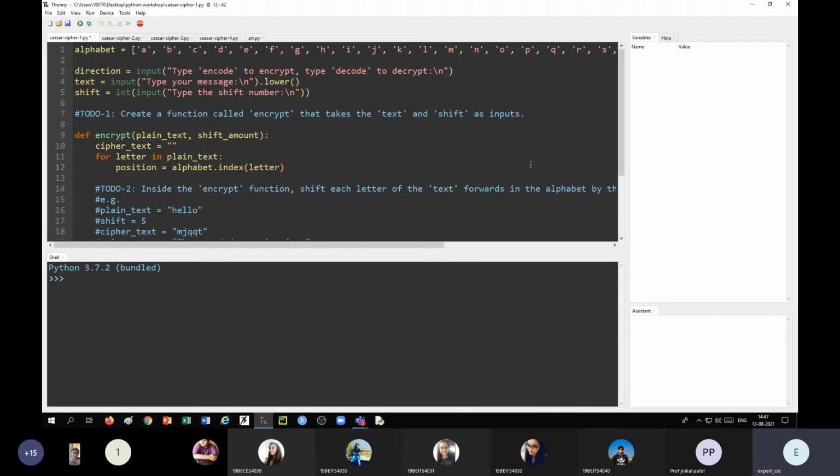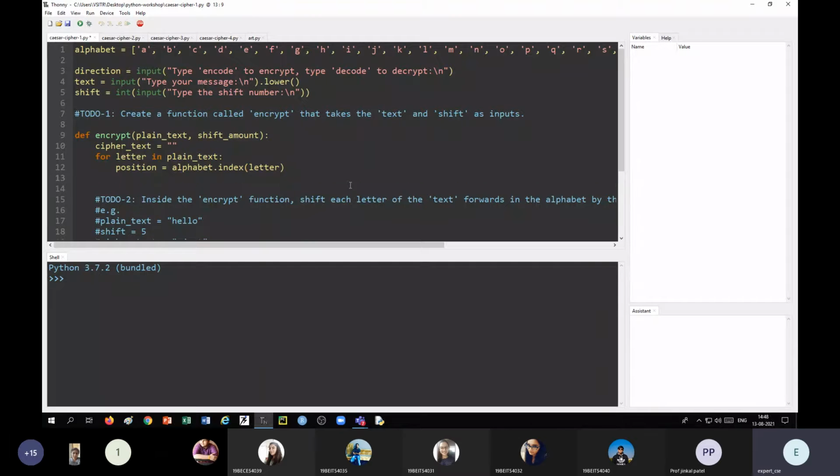We will discuss that later. At this stage, only the first occurrence index will be supplied by this command, alphabet.index(letter). For example, if we write E here, then 0, 1, 2, 3, 4 will be supplied.